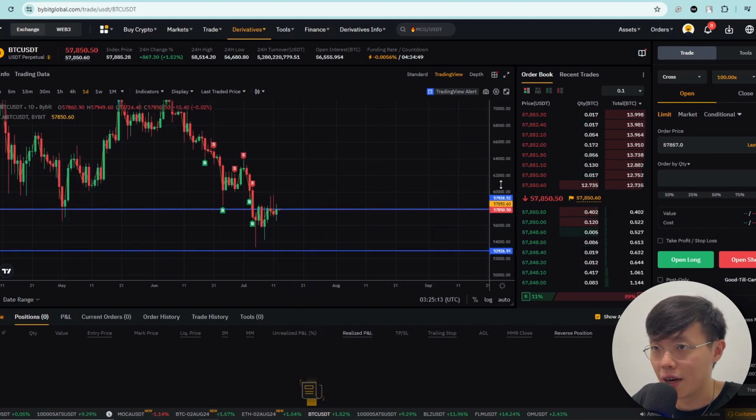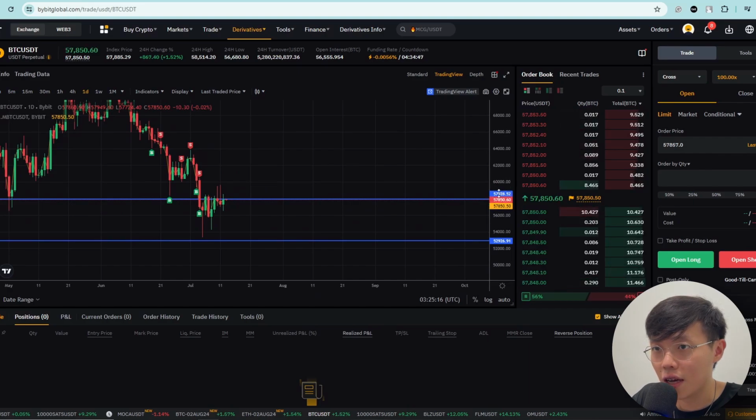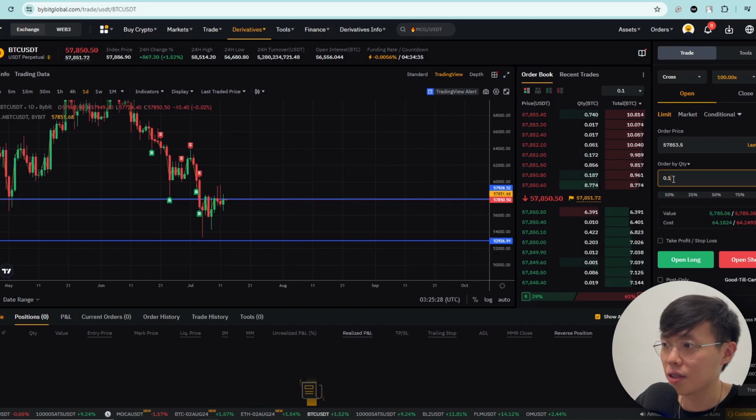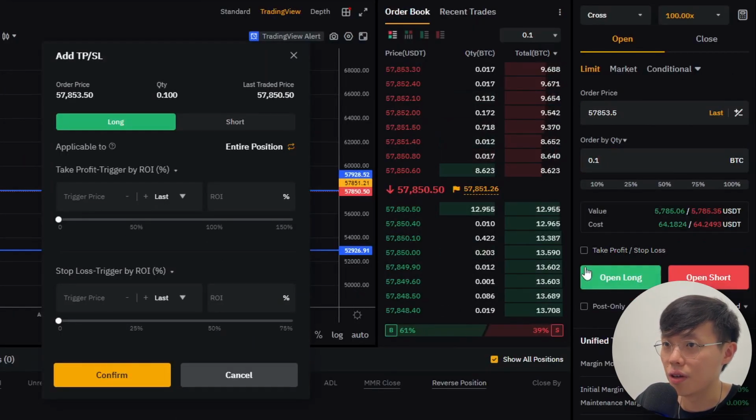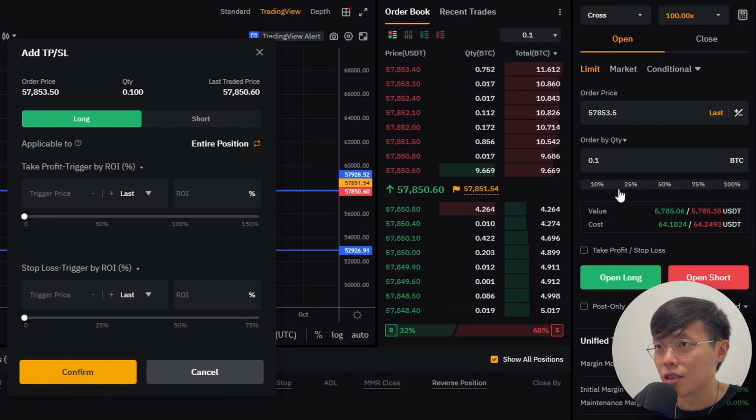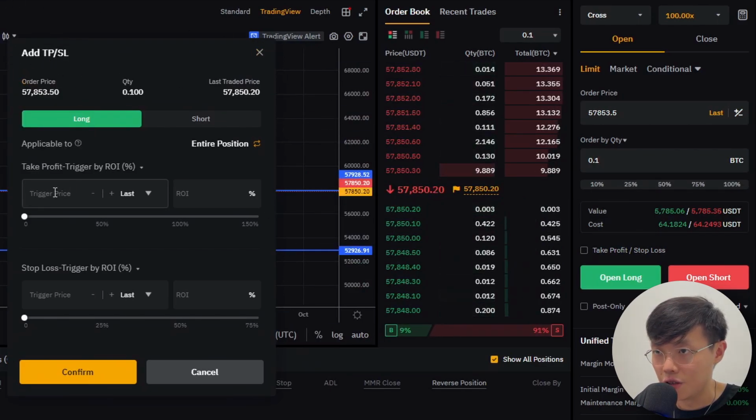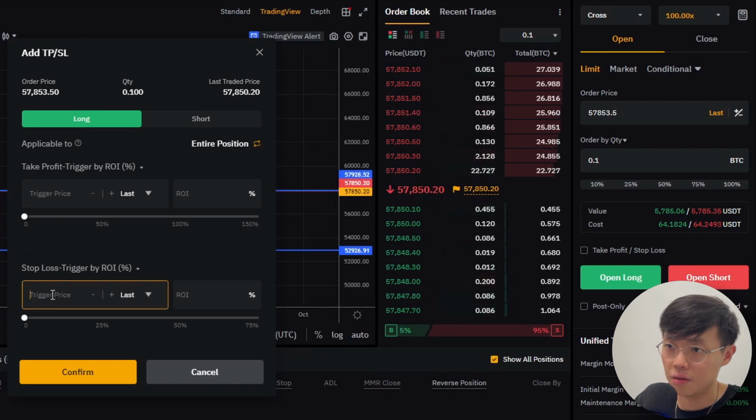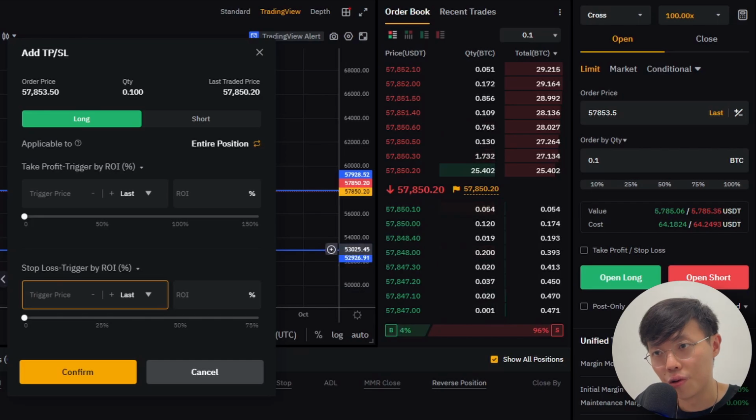All you have to do right now, let's say we take the market price, and then just put in 0.1 first, for example. When you press this take profit, this icon shows up where you can set TP and SL, your trigger price to take profit and your stop loss. Right now, we know our stop loss is below the previous low, just below here. So we want to press